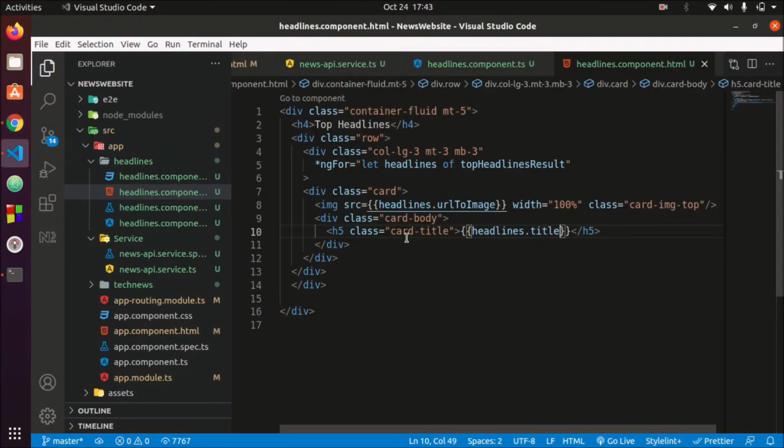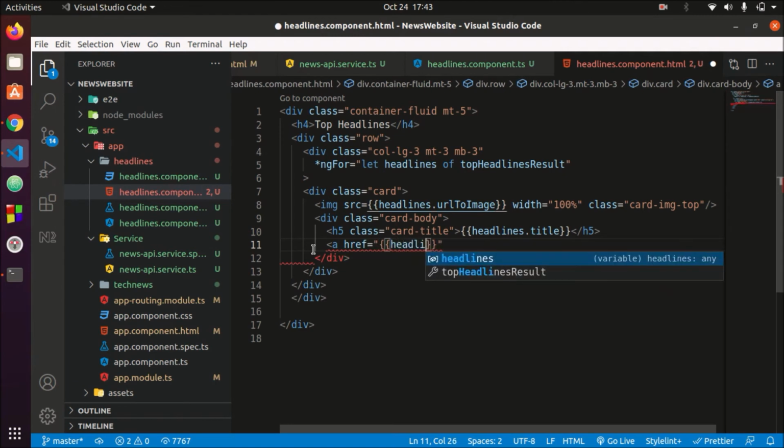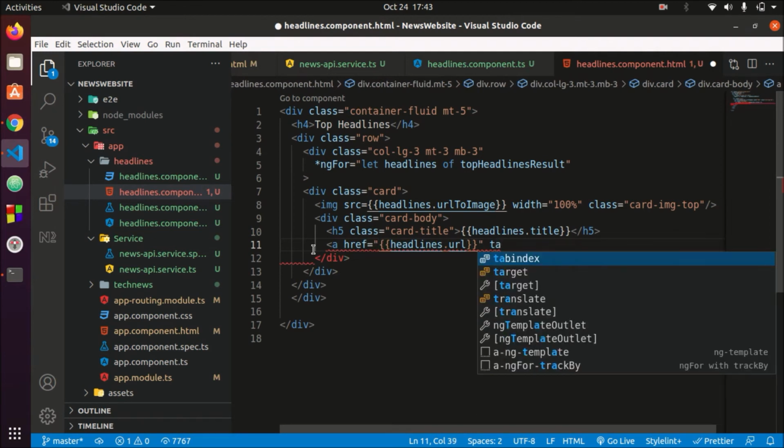Now let's show the actual link of the article from where we are getting the articles. So we will give the link, href equals to the name for it, headlines.url, and we will be opening it in a new page. So target will be equals to blank.